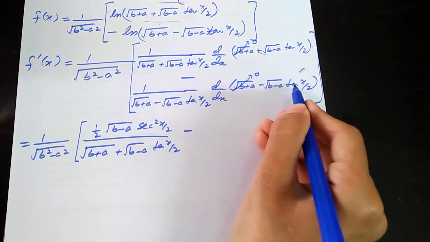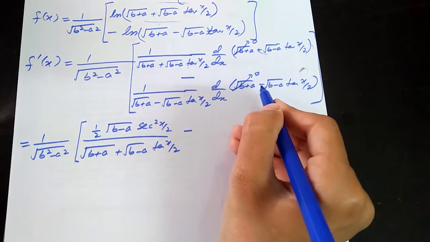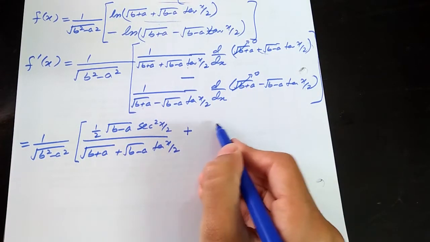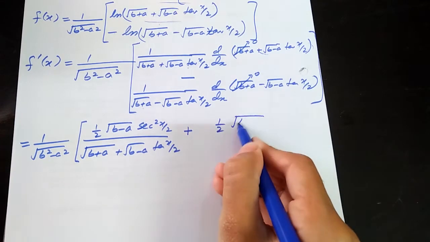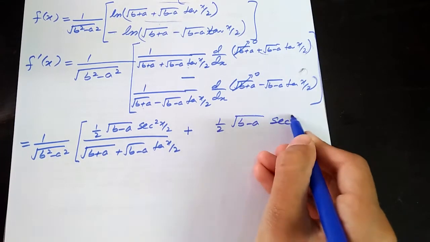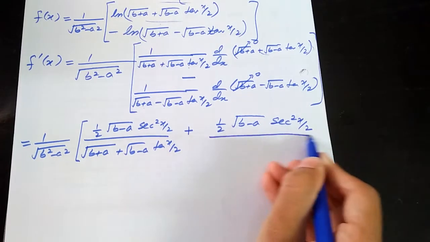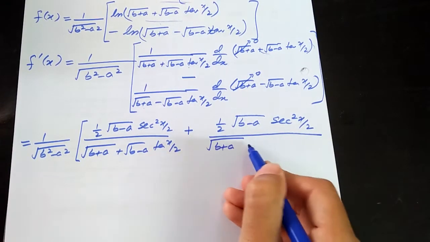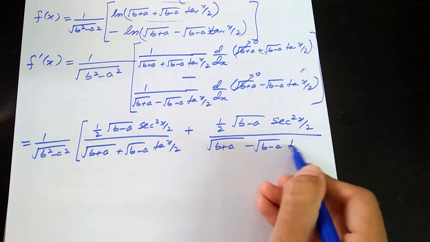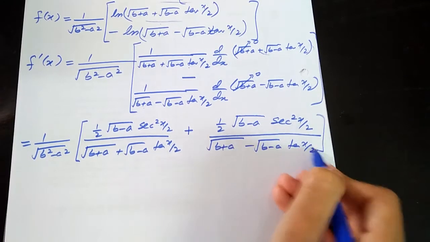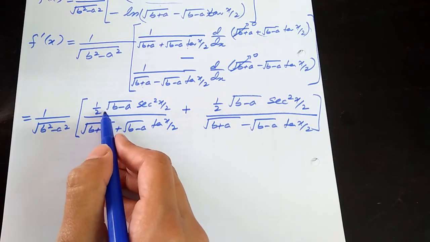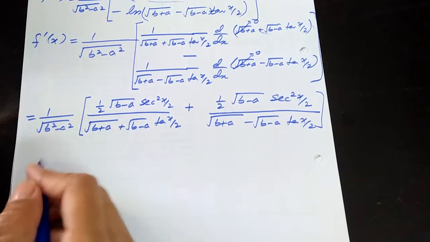minus 1 by 2 under root b minus a secant square x by 2. That minus and this minus will become plus. So we will get here 1 by 2 under root b minus a secant square x by 2 divided by this function, that is b plus a minus under root b minus a tangent x by 2. Now these terms can be taken common outside. We can write it like